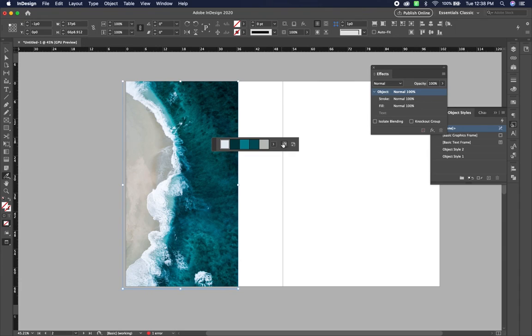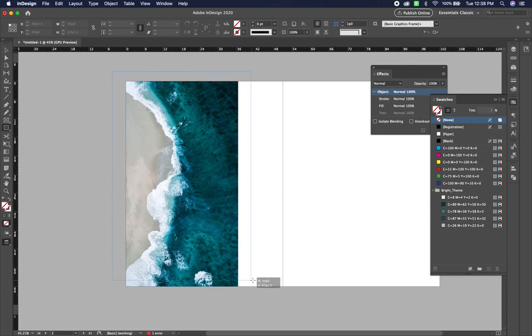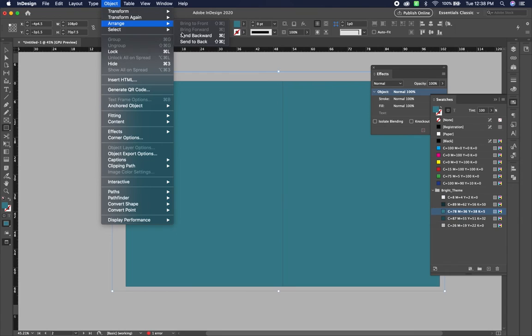And I can select those and click on this, and what that'll do is add it to my swatches panel in a folder right here. So I'm going to take some colors from that particular image. I'm going to create a box, maybe I'll just put it all the way across here, and I'm going to fill it with one of those colors,